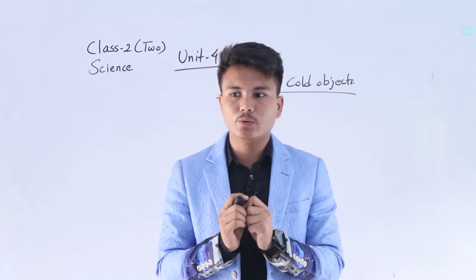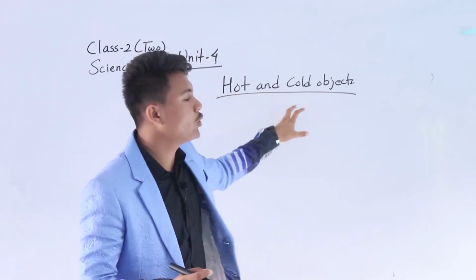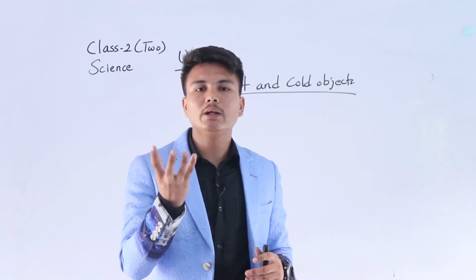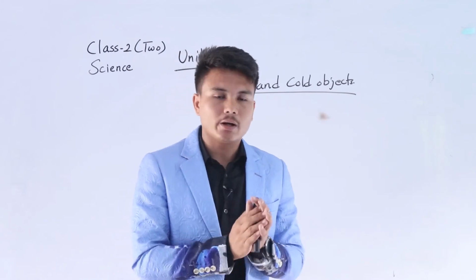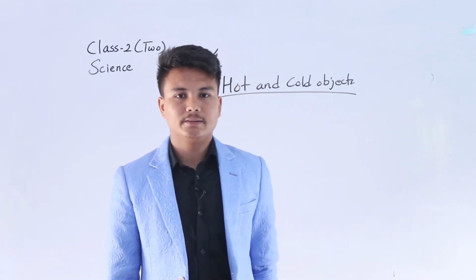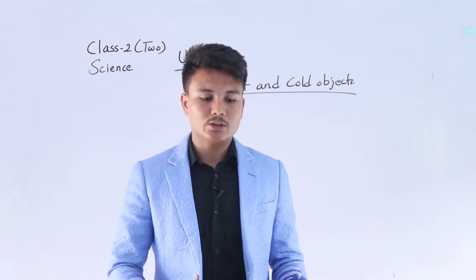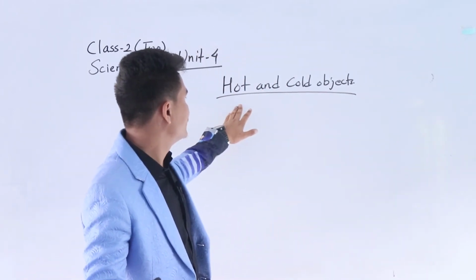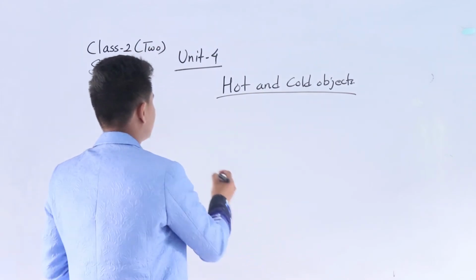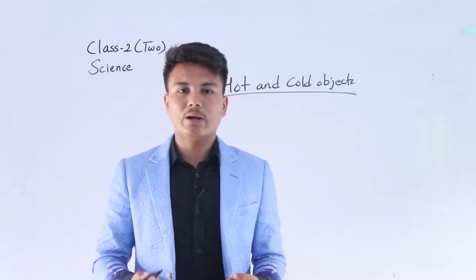So we know something is hot or cold by touching it. We have to touch it. We cannot determine whether a surrounding object is hot or cold by seeing it. For example, if I put boiling water in a bowl, or in a thermos, or in a bucket or any place, then we cannot find whether the water is hot or cold by seeing it. We have to touch it or taste it. That's why we have to touch the surrounding object to find out if it is hot or cold. I would like to give some examples and you have to write whether each is hot or cold because you have already tasted or touched it.